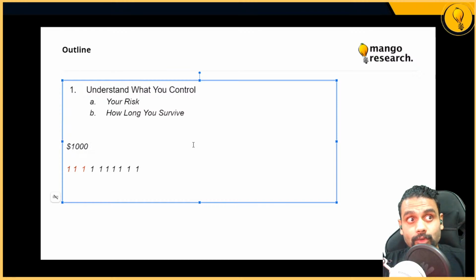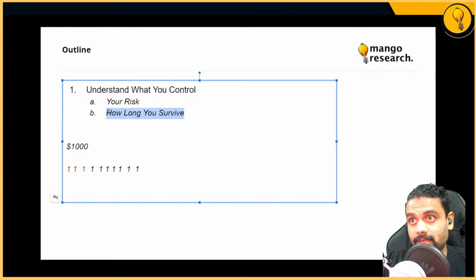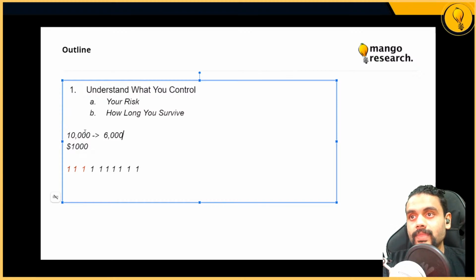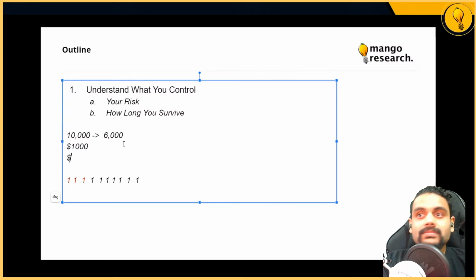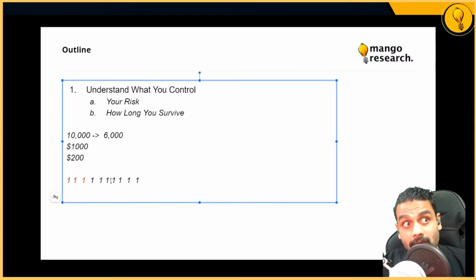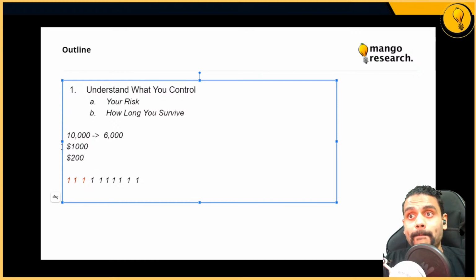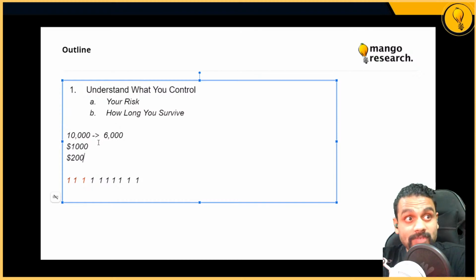Okay, now this is the next thing that you need to understand. Okay, this boils down to this again. This is a trend trading concept. Each time you take a loss, right? Let's say you had $10,000 and you've gone all the way down to around $6,000. If you win on your next trade and all your win gives you is a $100 win or $200 win, right? Something really, really small. Is it even enough to make up for your losses? And is it enough to keep you in the game? That's the key thing. Is it enough to keep you in the game for another run of 10 trades, right?